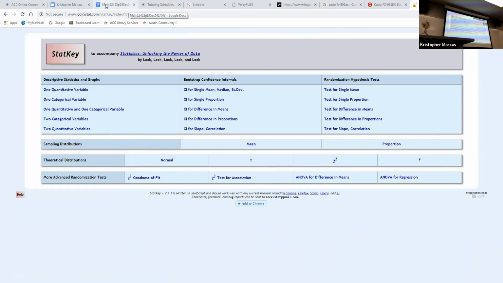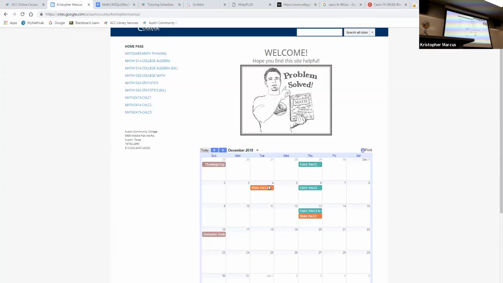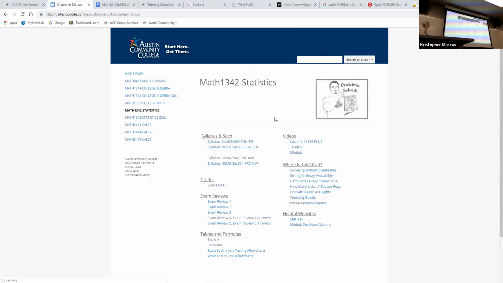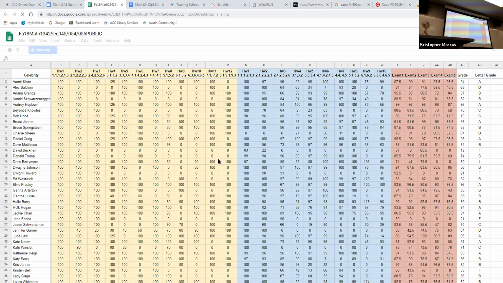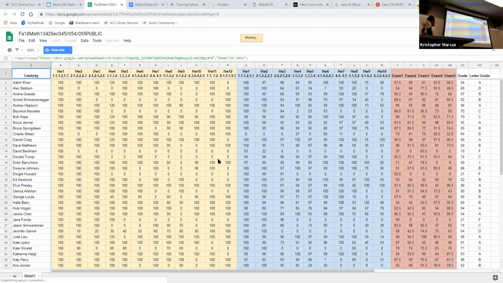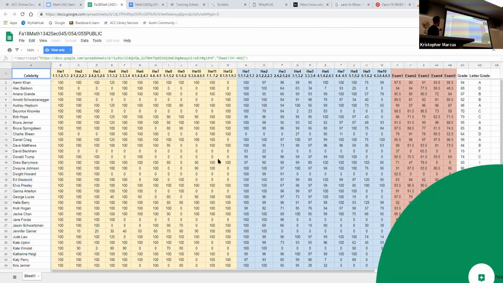The other question regarding homework sometimes will be, where do the grades appear? So homework due dates are here. StatKey problems are printed and then accompany your homework when you turn it in. The grades are going to be back on this web page right here under the grades link. This is from fall. It'll look real similar for spring. And if you look at the grade book from fall, you can imagine the class did not look exactly like this. We did not have Chris Jenner and Katy Perry and Katherine Heigl all in the same classroom.